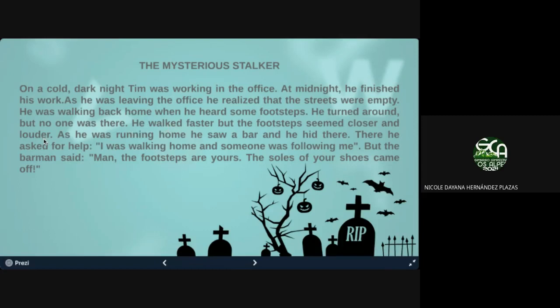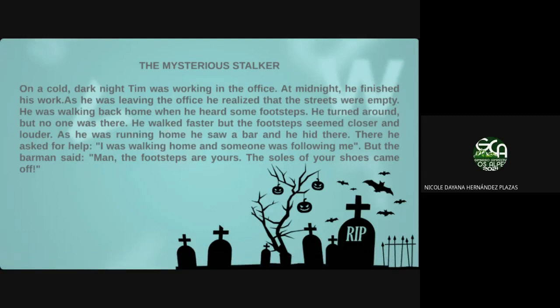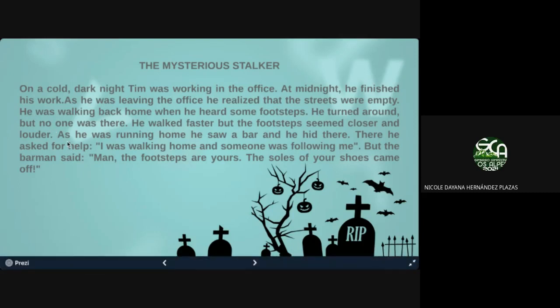Simple or continuous? What happened there? Simple or continuous? Simple. There you have just an action he did. As everything happened, he decided to walk faster. So he walked. Y él lo hizo. Se acabó. Lo hizo. Caminó rápido. But look at this. Once again, we have as. Ya tenemos palabritas claves. When, as.